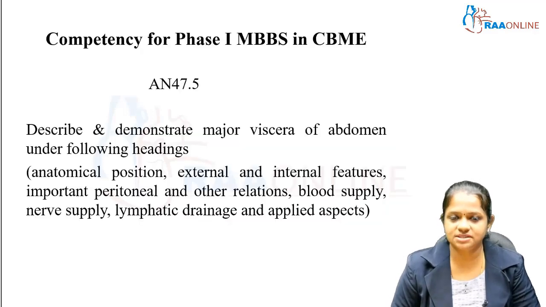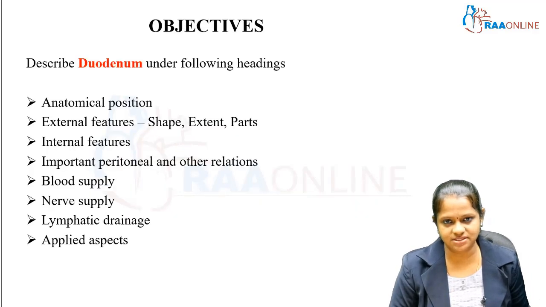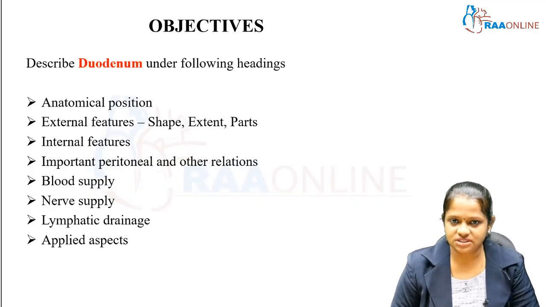This is the competency for any abdominal viscera in phase 1 MBBS based on CBME curriculum. Based on this competency, today we are going to discuss duodenum under the following headings: anatomical position, external features which includes the shape, extent, parts, internal features, important peritoneal and other relations, blood supply, nerve supply, lymphatic drainage and the